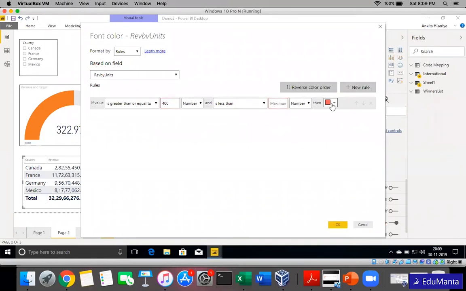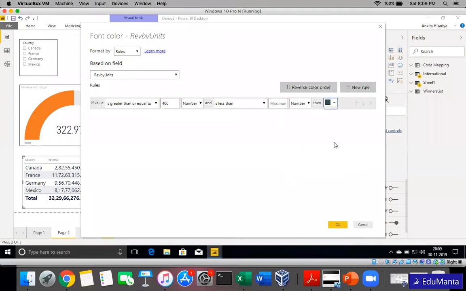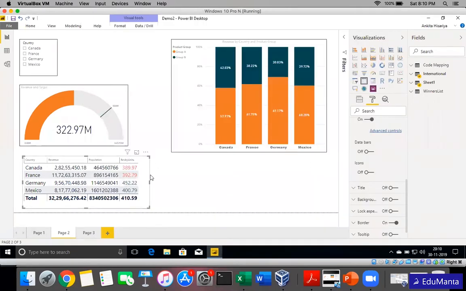Then it should be a green color. Otherwise, it will be a red color. New rule is greater than equal to minimum and is less than 400. Then it will be a red color. So then red and green.